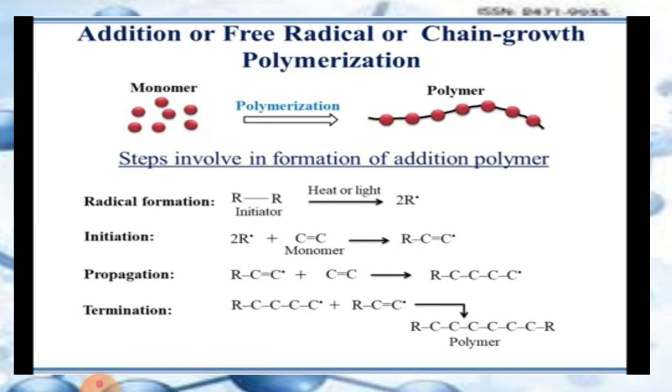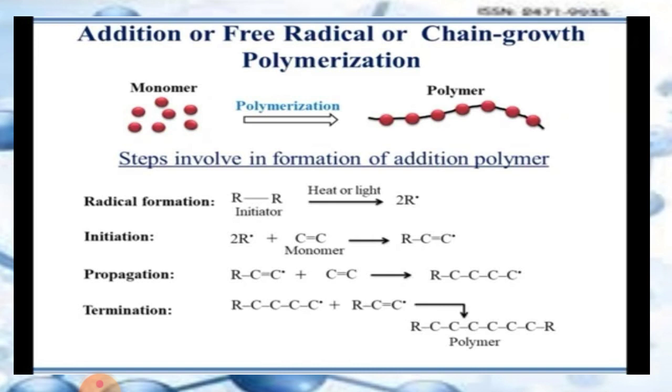Then the next step is propagation. In propagation, this initiation radical will react with another molecule of monomer, and the double bond again will be converted into a single bond. That carbon will link with the radical carbon, and that radical carbon will become stable. Further, the charge will propagate. Propagate means to move forward. That radical charge has been moved forward to the next carbon, that is your last carbon. Fine. Then the last step is termination.